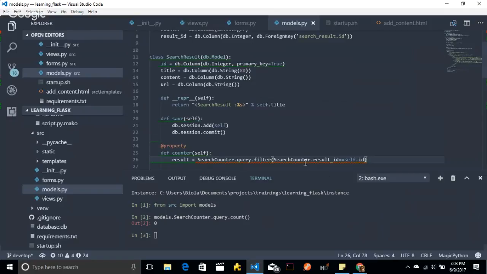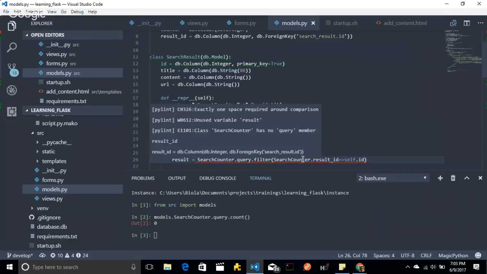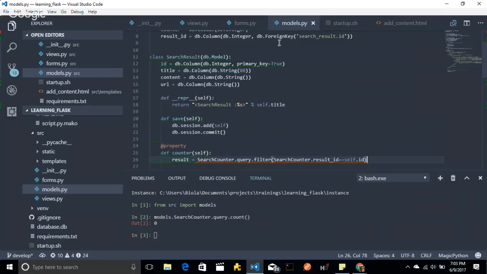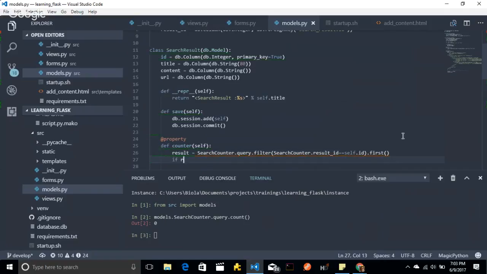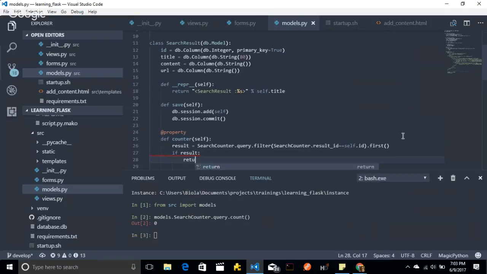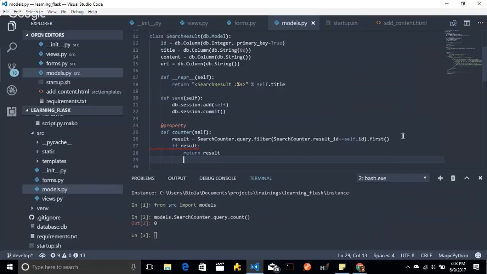So we're checking if there's any instance of the result ID which is keeping track of, which has a foreign key relationship with this particular ID, if it's equal to this particular ID, and .first(). Now, if the result exists, we return the result, else